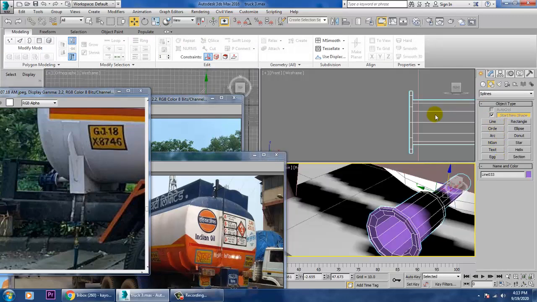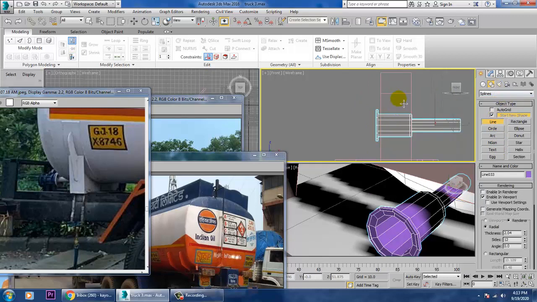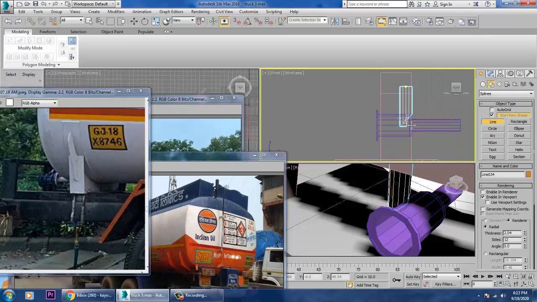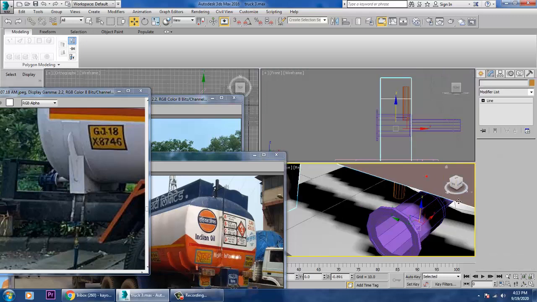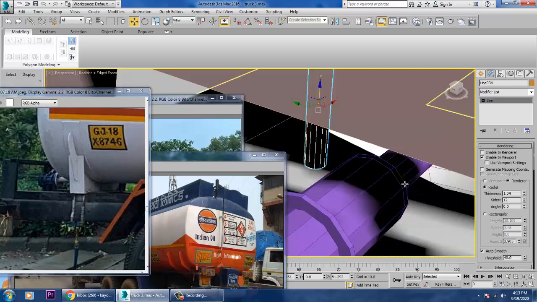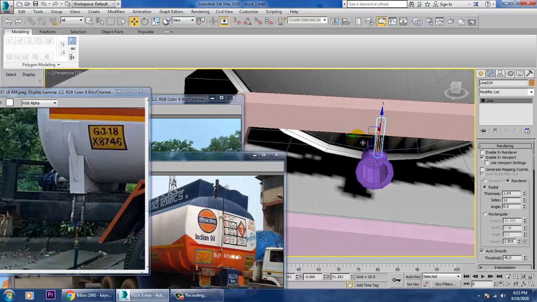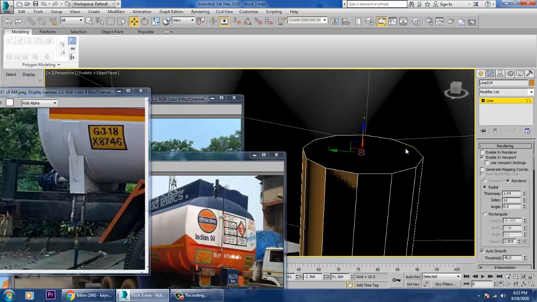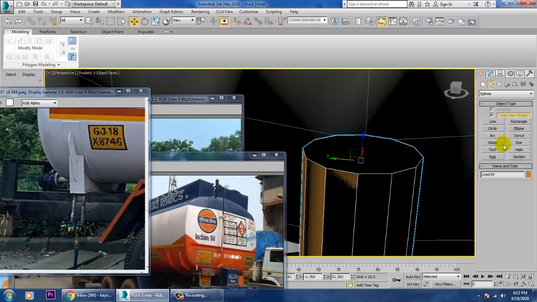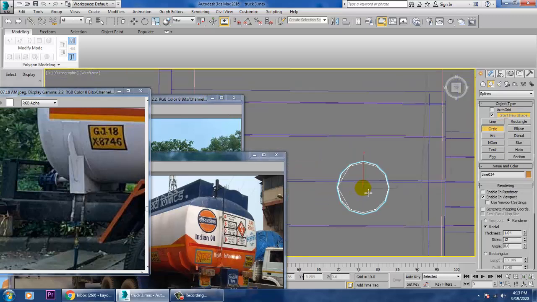For that, let's again go on to this view over here and take a line. Let's select this, reduce its thickness and just push it over here. Select the vertices, push this down, and you can go on top of it and take a circle over here.